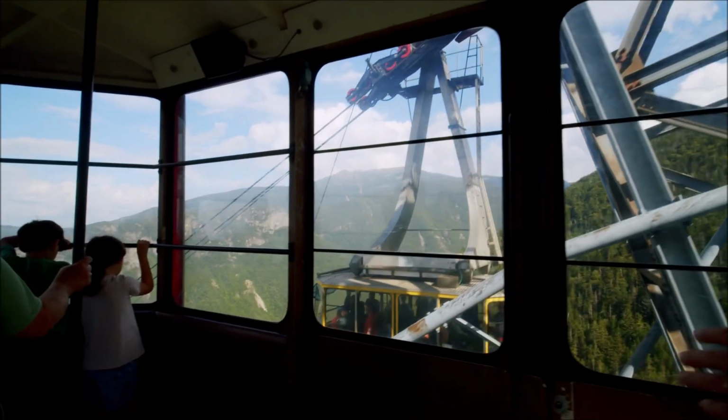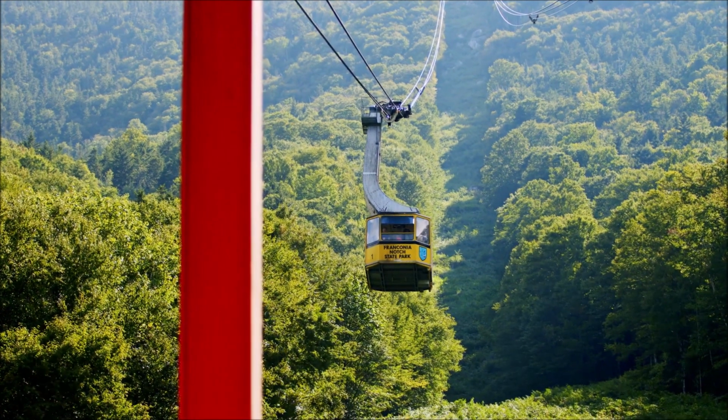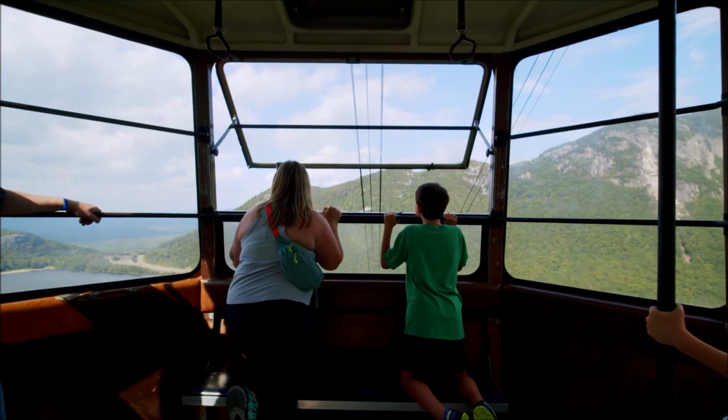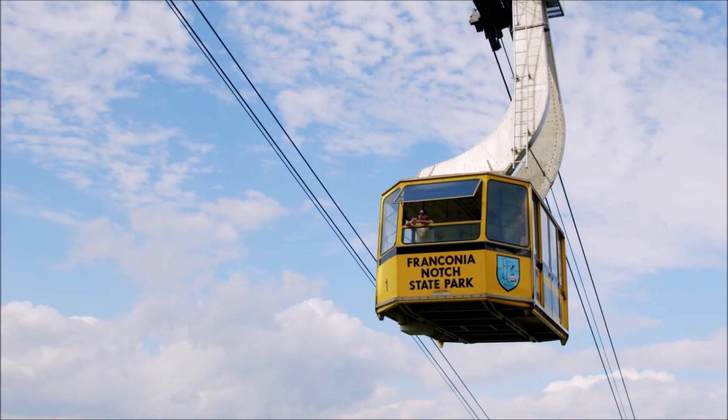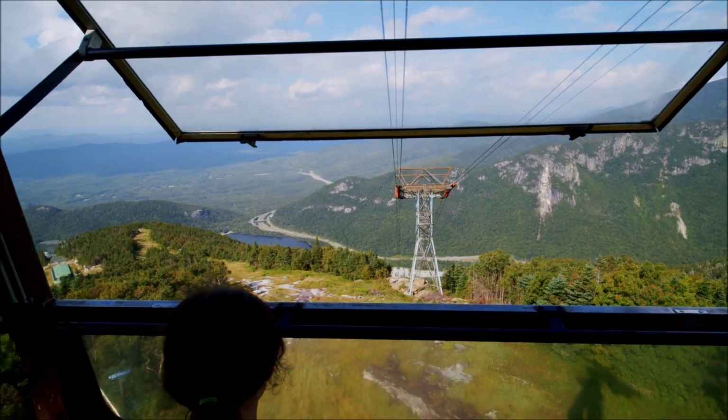So people want to come here because you've got this iconic aerial tramway. It's the only one in New Hampshire. There are only 2 of them in all of New England, and there are only 24 aerial tramways in all of North America. So people come here for the attraction, and then they get here and they're stricken by the